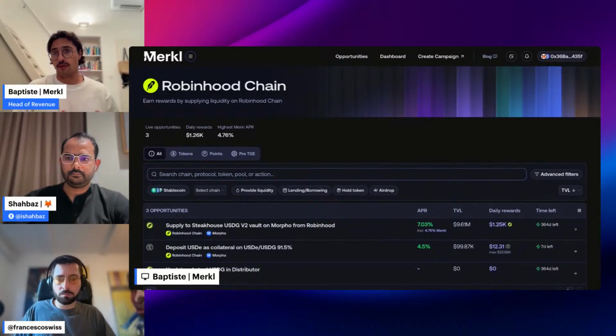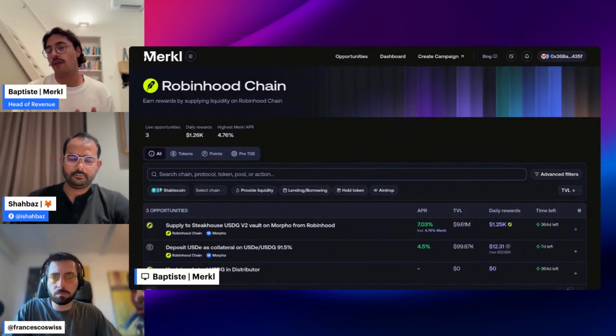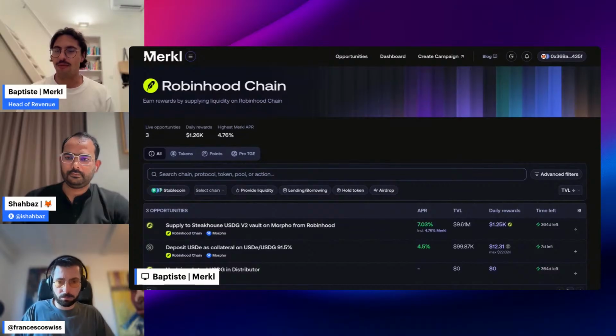What they're doing is using Merkle to pay the delta between a 7% rate and the native rate on Morpho, to grow the earn product. As the TVL grows, they will slightly lower the APR. The main traction we're seeing is trying to reach non-DeFi users. It's the same direction Connect is going, where you make everything easier for less advanced users and bring everything to them rather than having them look through multiple DeFi apps to find the best yield.